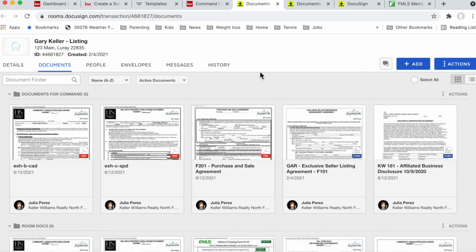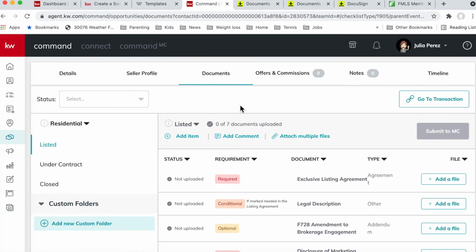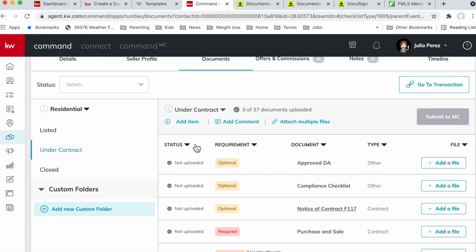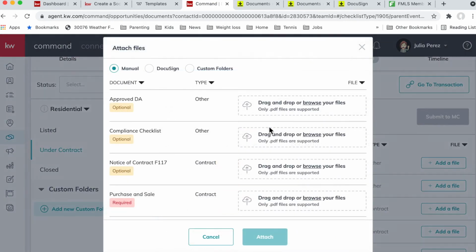Now that we have those documents in Docusign, we're actually going to go back over to Command, and you can bulk add by clicking that attach multiple files. I'm going to show you how to do it when you have multiple contract files. It's easier to show from that perspective, but it works the same in any of these folders. So once you have multiple files to attach, you want to click that attach multiple files button. Click over to Docusign,